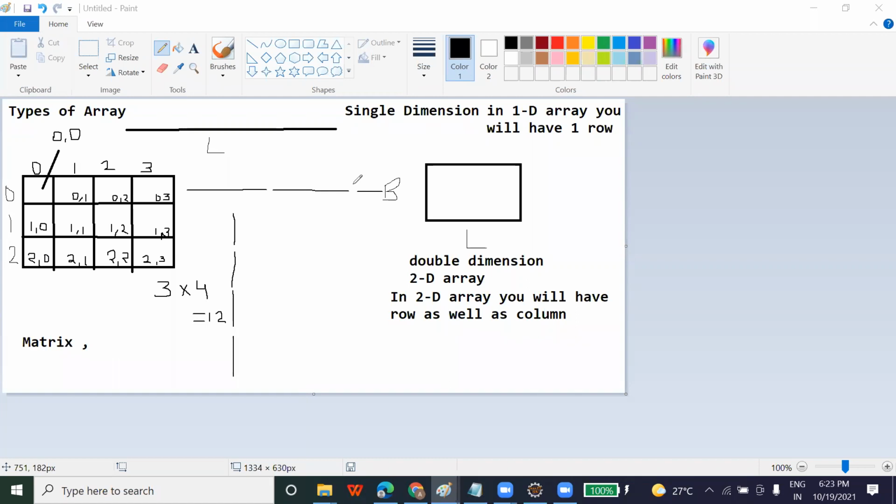Inside the memory, data will be saved in a contiguous fashion. Contiguous means as row 1 is completed, immediately the second row data will come, then immediately the third row data. This is called row oriented arrangement of elements. Your system's memory works in one of two orders, either row oriented or column oriented.